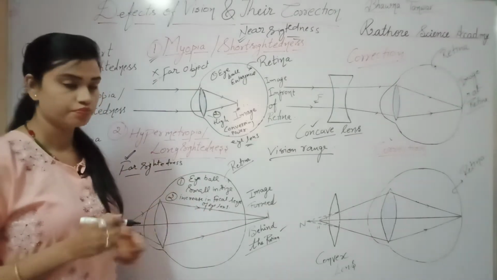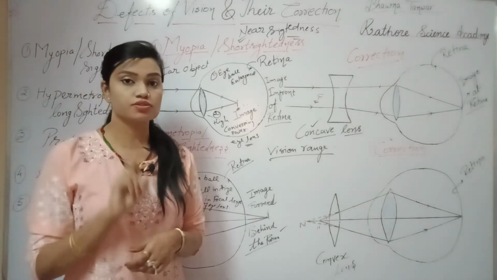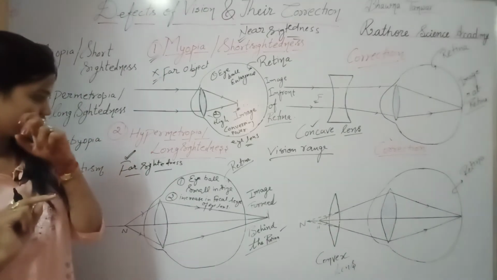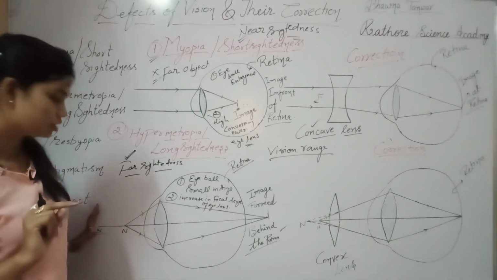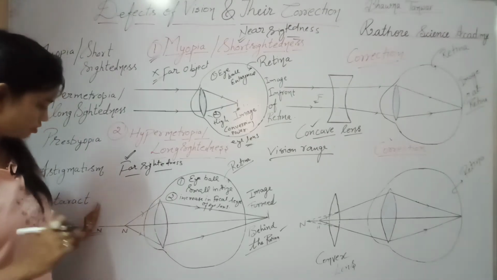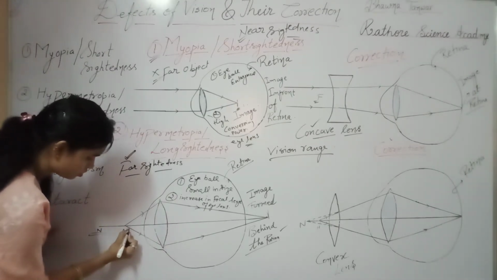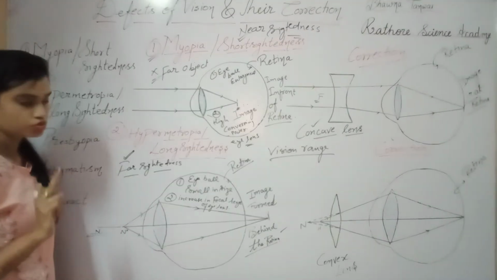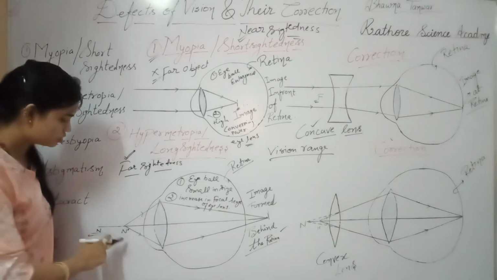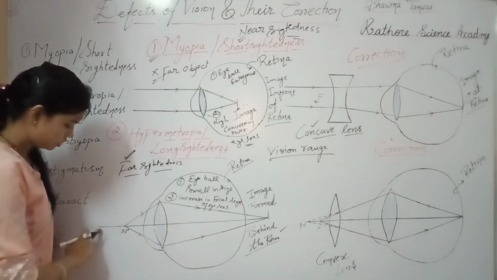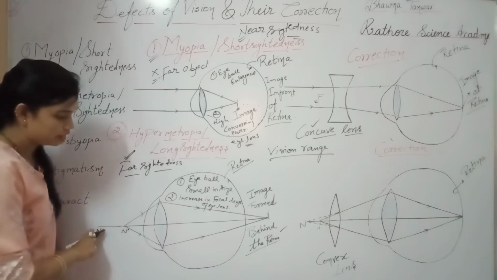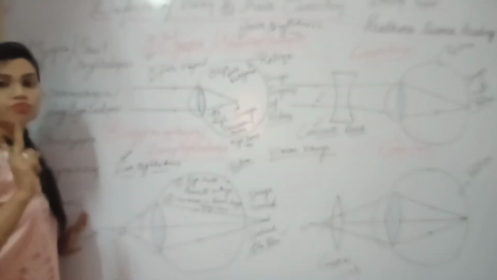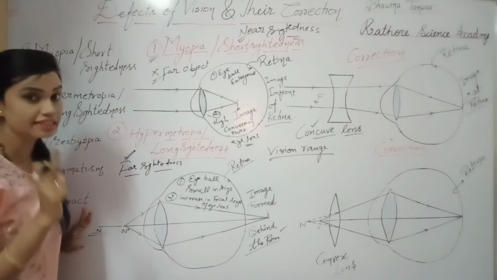The focal length is large. Now see, to correct this defect, what do we have to do? We have to make the near point come here. This side, this is M dash, the particular near point which the person is not able to see. Somehow we have to bring this near point to the distance here at N, so that the image for this point forms on the retina and the person is able to see the object very clearly.